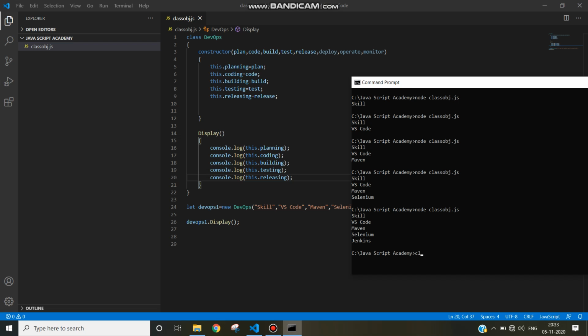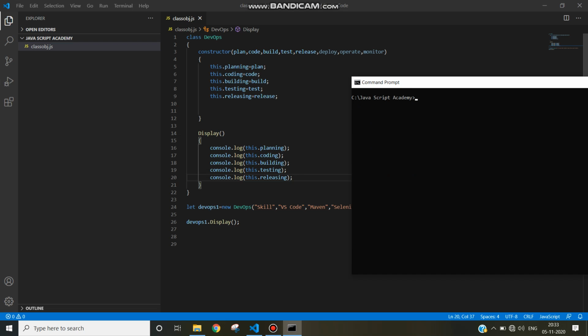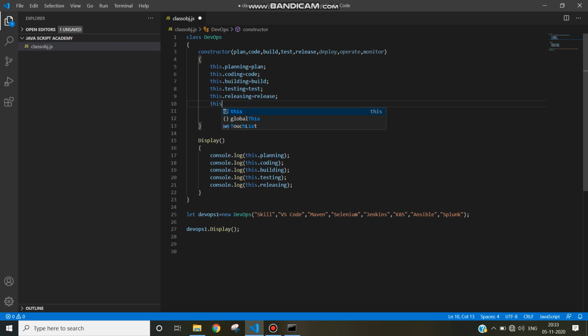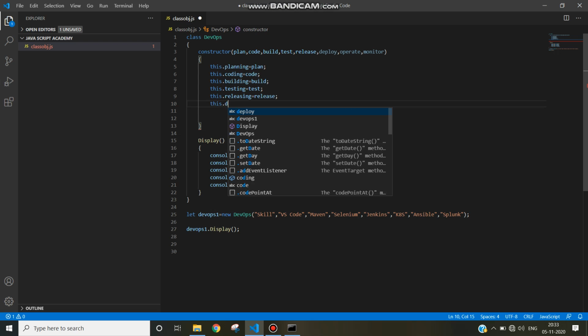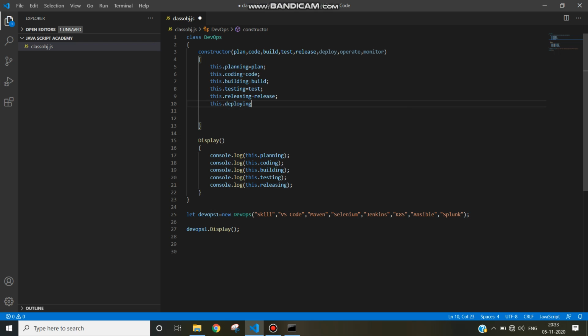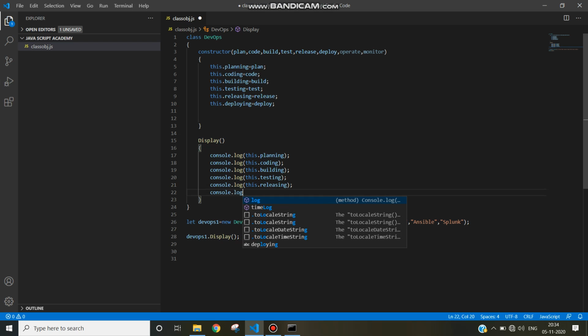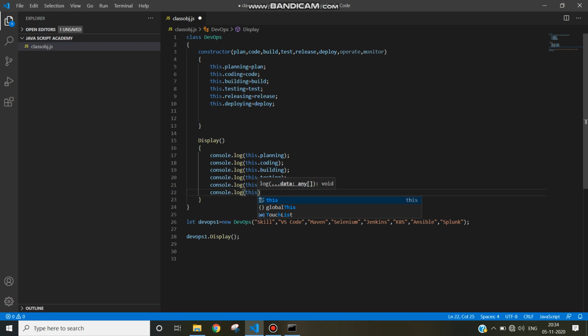Okay, now clear screen. Try to add another instance variable by using this keyword, this dot deploying, and here put the logic for display, console.log this dot deploying.